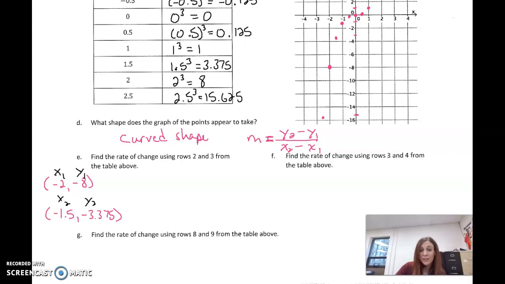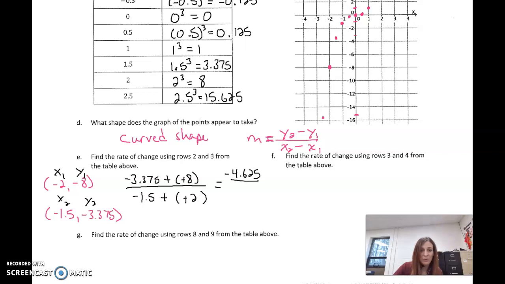And I'm going to plug it into this formula. So my y sub 2 is -3.375 minus my y sub 1, -8, over my x sub 2, -1.5, minus my x sub 1, -2. Keep, change, change. Subtracting is the same thing as adding the opposite. Keep, change, change. And this works out to be, just typing into a calculator,